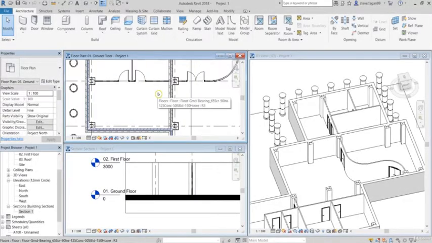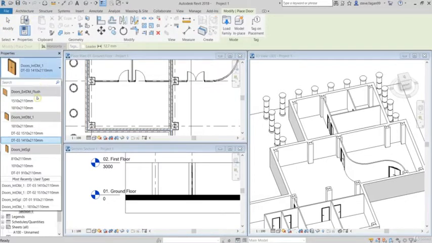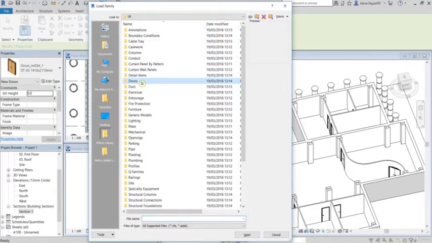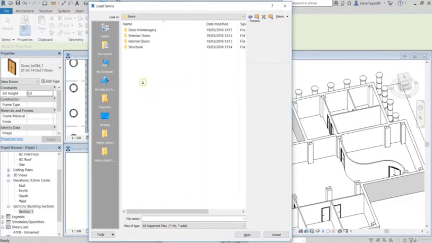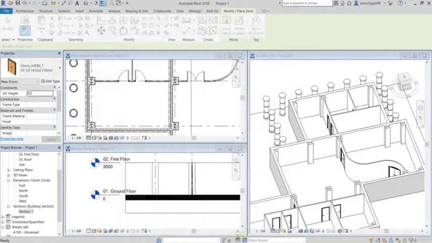So the last method I'm going to show you, which is the one we're going to be using, is we're going to use the structural opening tool. So as I said before, the structural opening component is essentially a door. So if we go to our door tool, again, it's not in the type selector, so we need to bring it in from the library. So we'll go load family, open up the doors folder, and there's a structural subfolder, and there's our door opening. Press open,